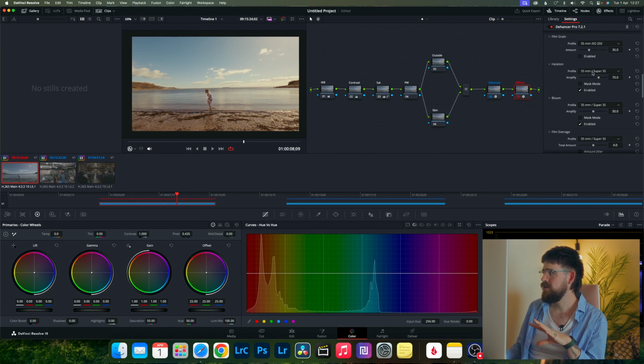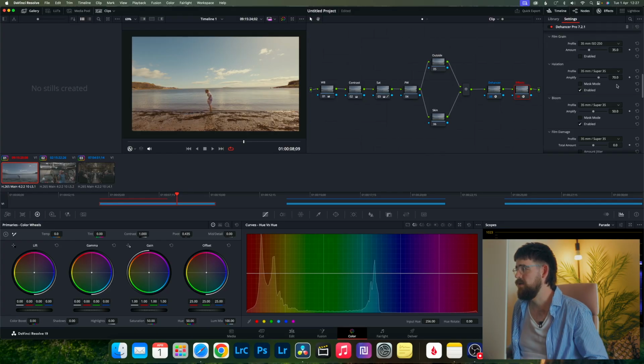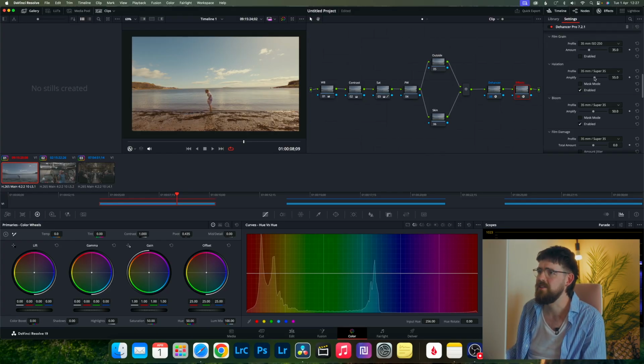What I love about the halation and bloom, it depends on how picky you are. For me, if I can kind of just see it, that's all I really need. But you do have the different profiles, and importantly, you can then customize it to what you want. However, I'm just going to stick with my Super 35, and I actually, with the halation, I'm going to